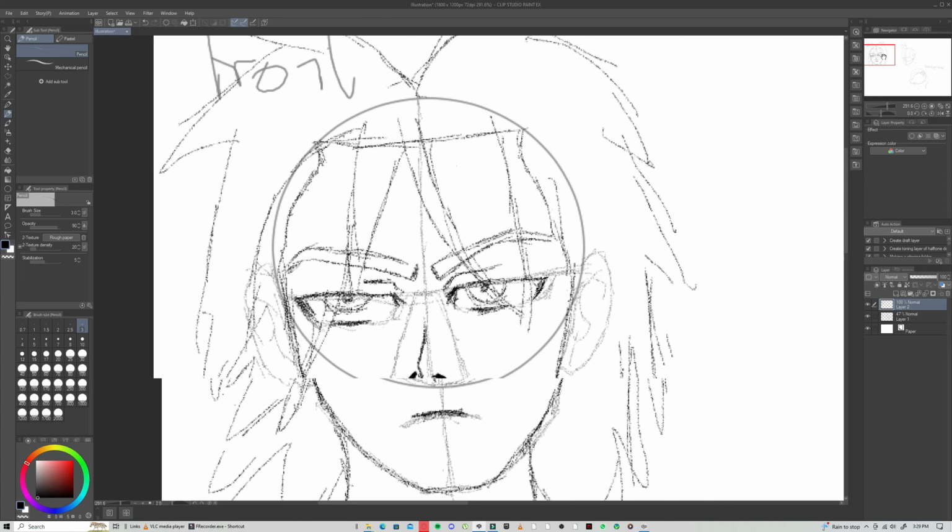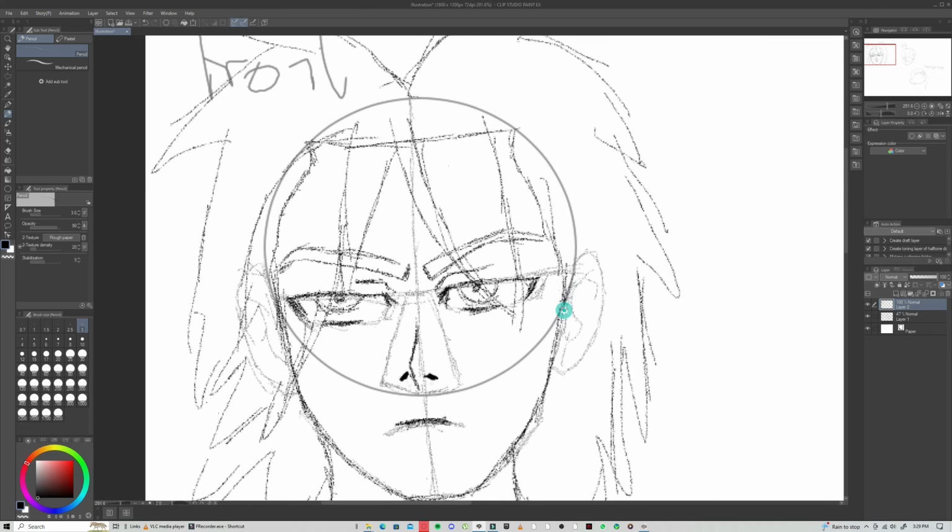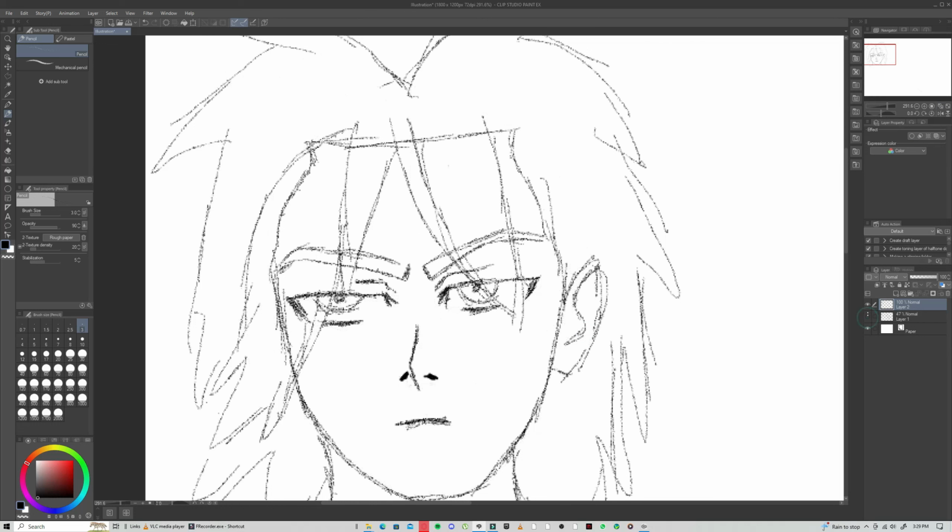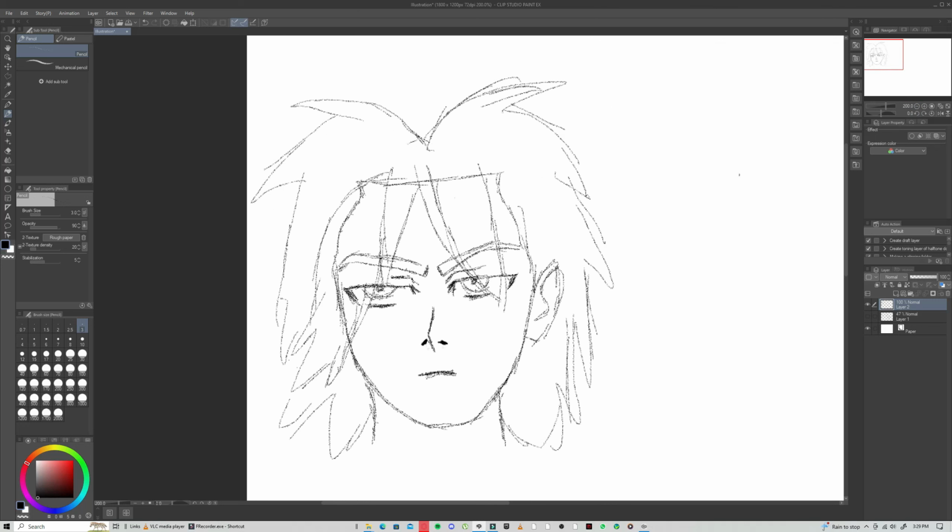If we turn off, well, let me draw the ears here. This ear here. This is sketch. Then if I turn off the layer below, there, as you can see, you've got your front view character looking towards the front. As you can see, this is the hairline. You could easily erase, take the eraser,